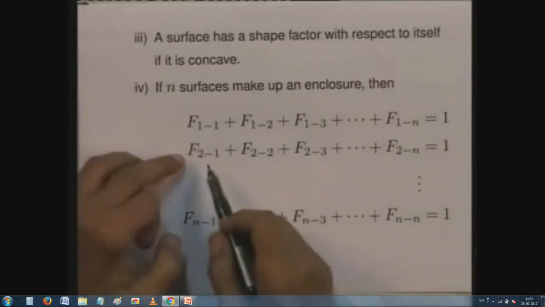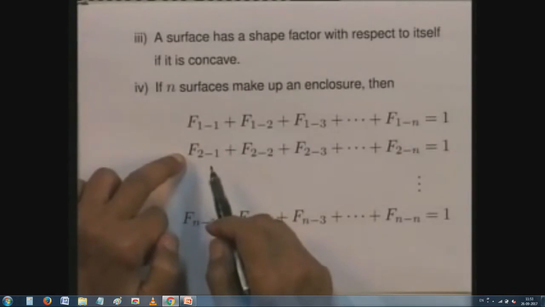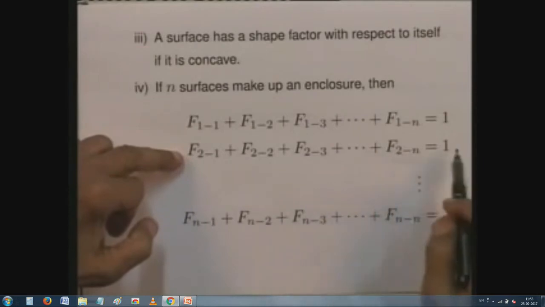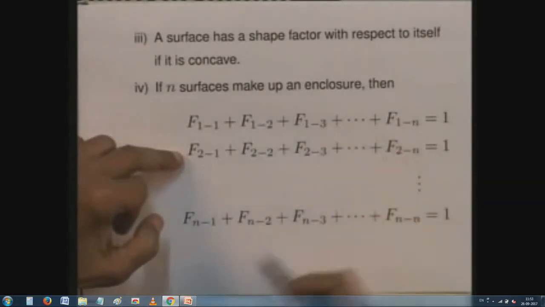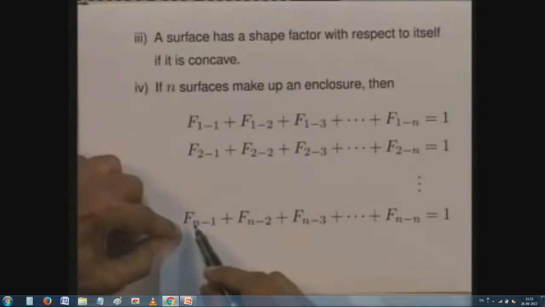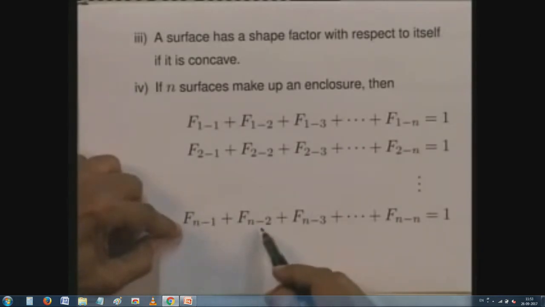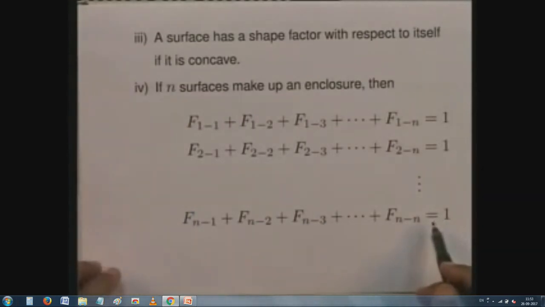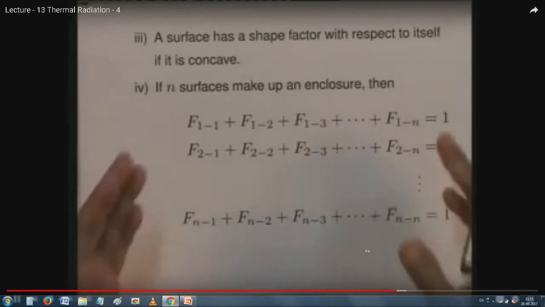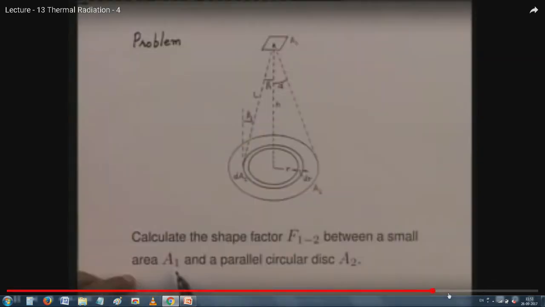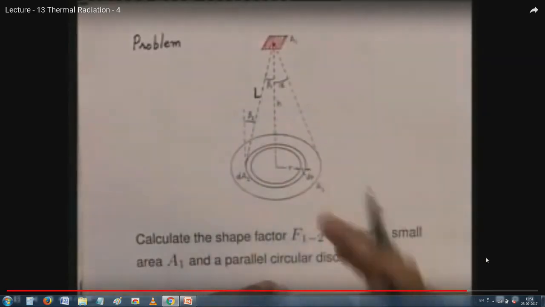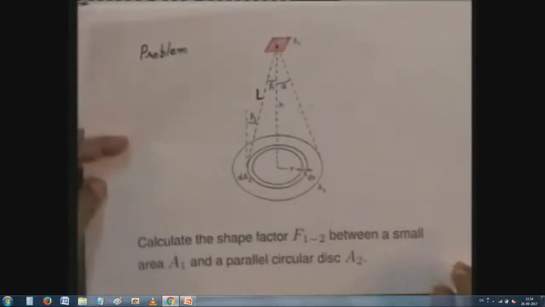You see here, nice, beautiful, very threatening equations are there. However, the radiation constant epsilon is only one of the things here. You see here, a surface has a shape factor because it is concave. Then we have all this beautiful, non-threatening material. I am sure where the people are there, in a small area and a parallel circular disc, and various things like this have all been dealt with already. So, I am not the first,